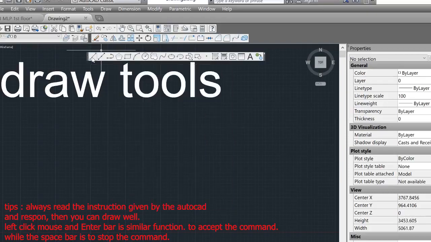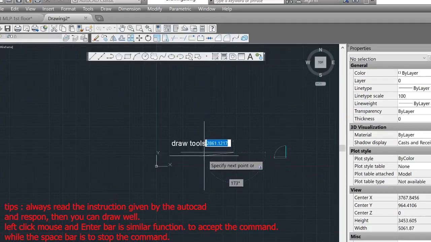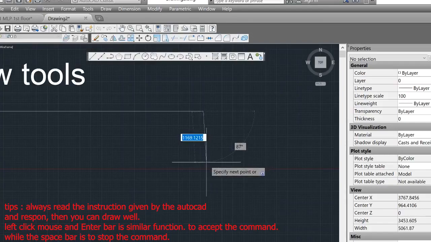Click the location where you want to specify the first point, and then you can move, or if you have any dimension like 5,000, you can enter the 5,000 dimension and push the space bar or the enter button. So that is the 5,000